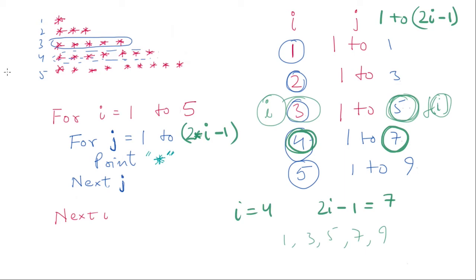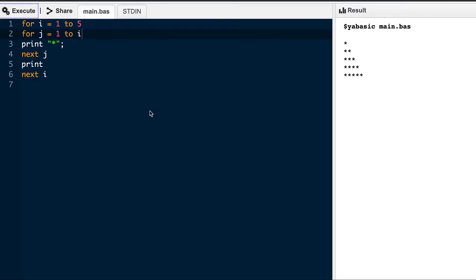What are the errors? I put a semicolon over here. I put a dummy print over there. I hope you know why, right? All this prints one beside the other, and this is to change the line before you get to the next line, right? We can also put after the next J and print, dummy print. We can also put I is equal to I plus 1. Then also the same thing happens.